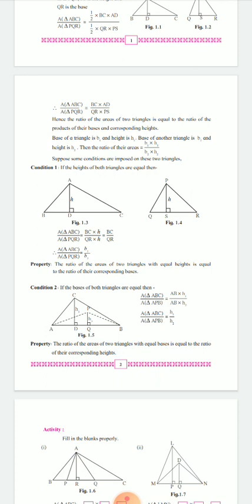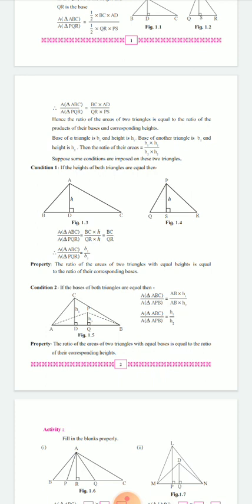We have to consider these two triangles: triangle ABC, whose base is AB and height is CD, isn't it? And I have to consider triangle APB. Okay, so with the help of dotted lines, this triangle is completed, triangle APB, whose height is PQ and whose base is again AB. So if we observe these triangles, the base of these two triangles is the same. That is, the base of triangle ABC is AB, and the base of triangle APB is AB also.